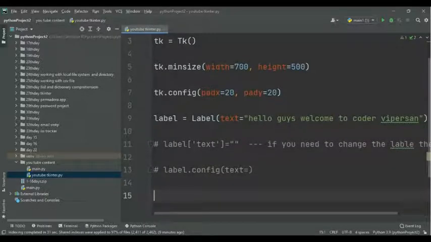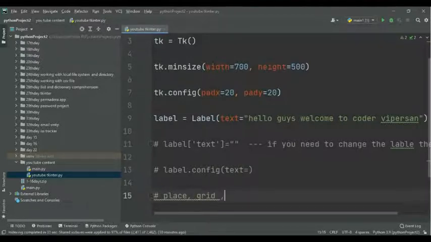Next, after doing this, it is not enough. Doing this alone is not enough. We also need to implement the layout manager. There are three types of layout manager: place, grid, and pack.